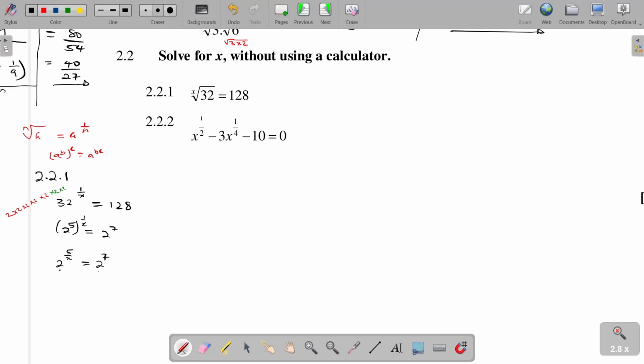Since our bases are the same, our exponents can be equated. 5 over x is equal to 7. We cross multiply, since 7 is the same as 7 over 1, so we are left with 5 being equal to 7x. Dividing both sides by 7, our x is equal to 5 over 7. Then we go to